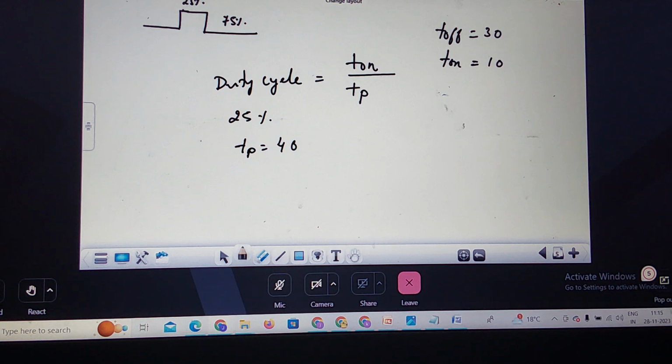How did you calculate this? 25% means how much? 25% means 1 by 2? Is it 0.25 or will it be 10? 0.2. You are saying this is nothing but 10. Then what should T on be? 25%. How can you calculate that 25%? 25